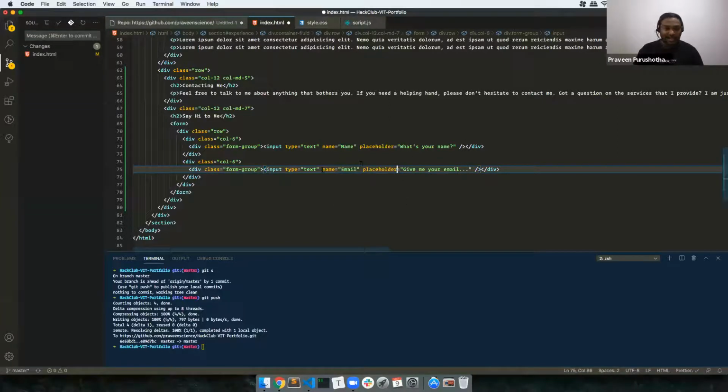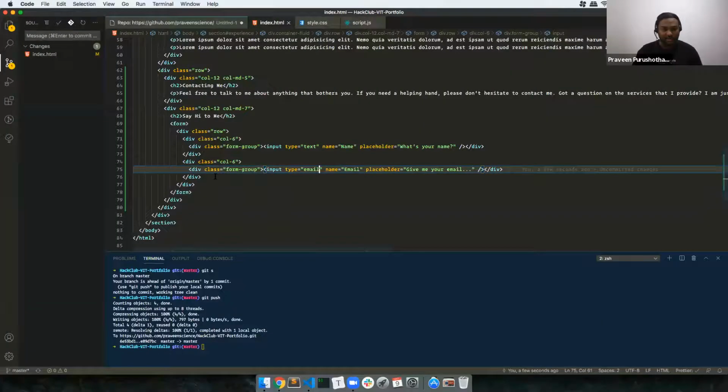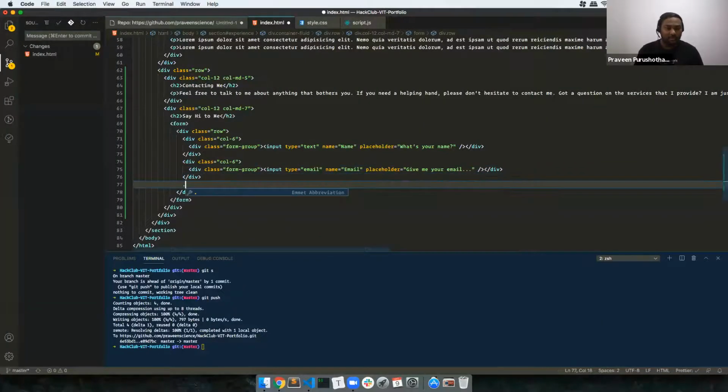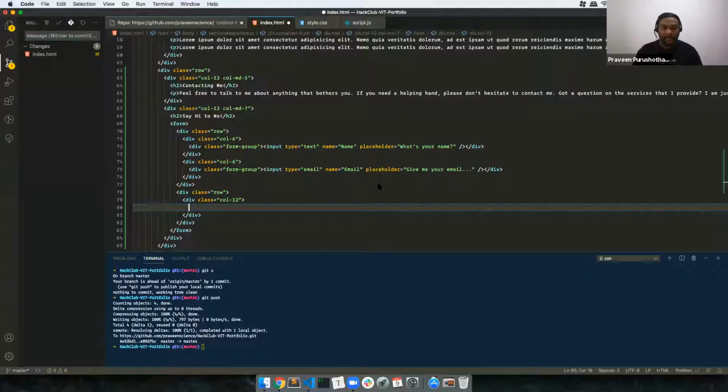Not every time, but most of the times, yes, I keep it open. The main reason why I have opened up the documentation is in case you are doing it alone, it is always better. You know where exactly you need to go and look for it. That's the reason I opened up the documentation. It's just for you. Then let's have a col-12, we can actually have a row col-12.